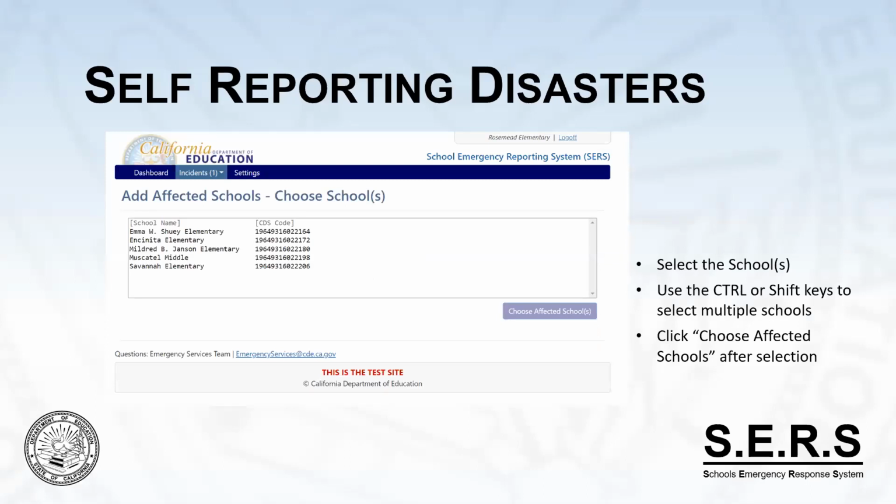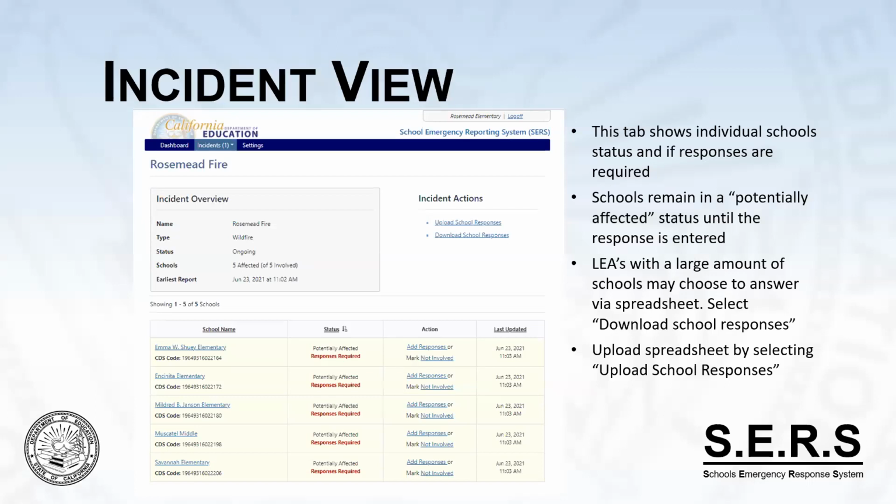So once you select that, there will be a list of schools that you can select from that are within your LEA. You can select either one or multiple schools if you hold the control key or the shift key to select them. And then after you've selected them and highlighted them, choose affected schools. Then the incident overview will take you here, and it will show you all of the schools that you selected,